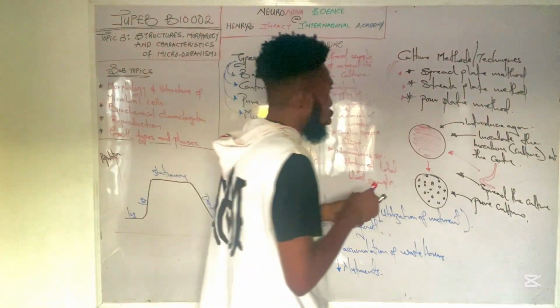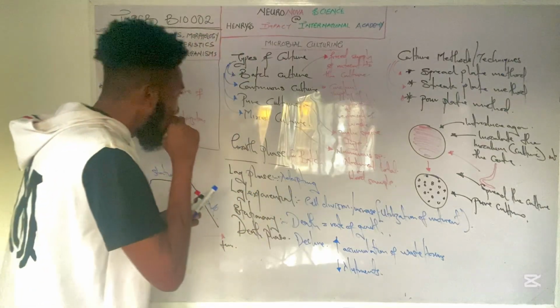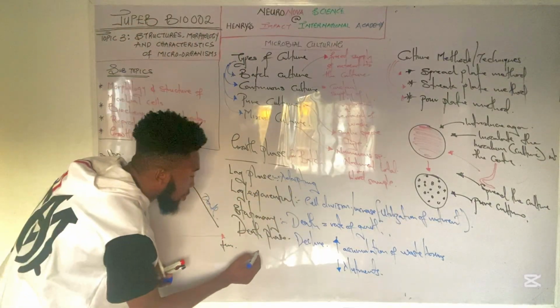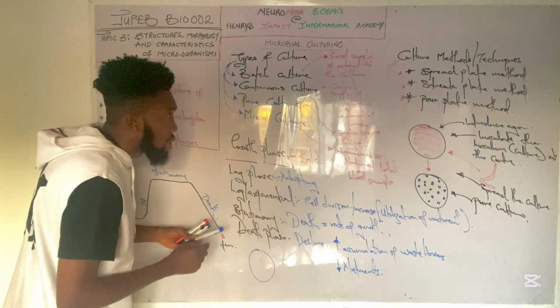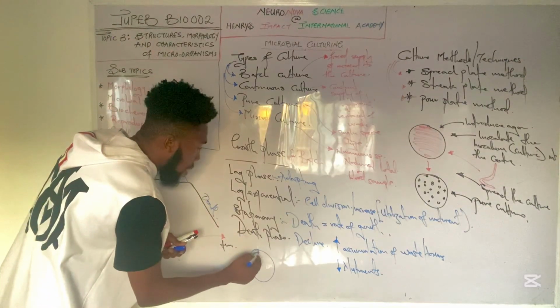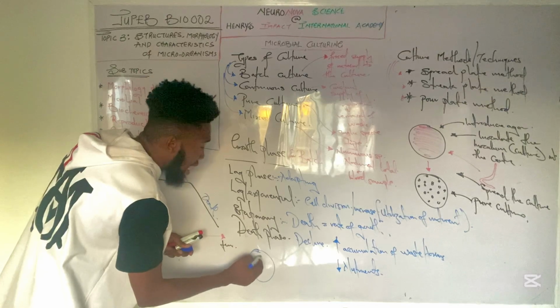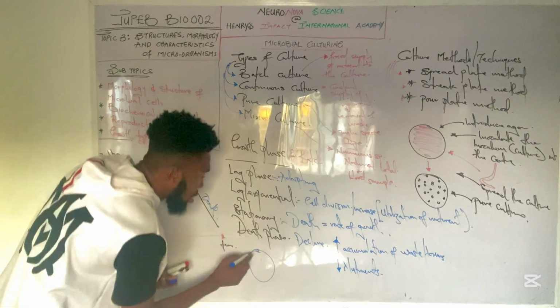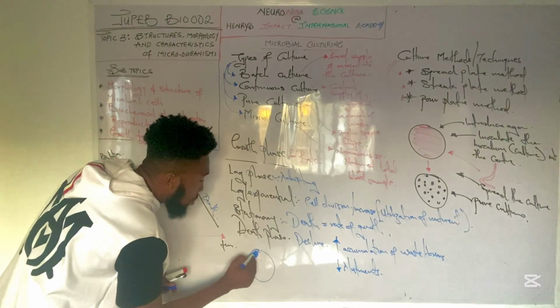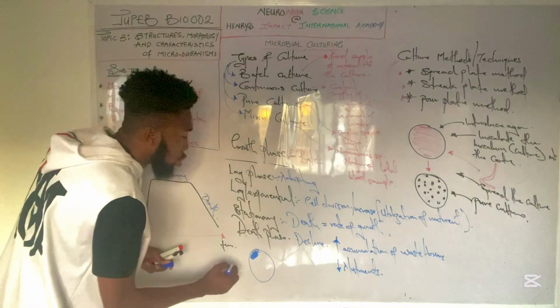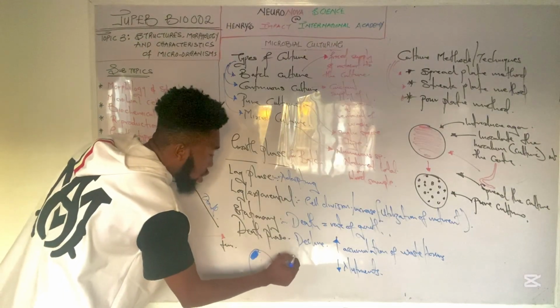How about the streak method? In the streak method, you have the petri dish, and you introduce your agar as usual to the petri dish. So you have your agar solution there in the petri dish. What you now do is that at the edge, you introduce a large amount of the bacterial culture. So I've introduced the bacterial or microbial